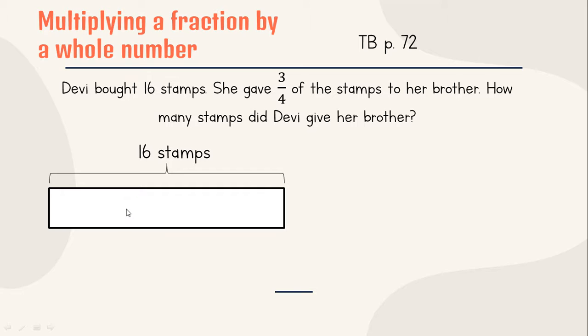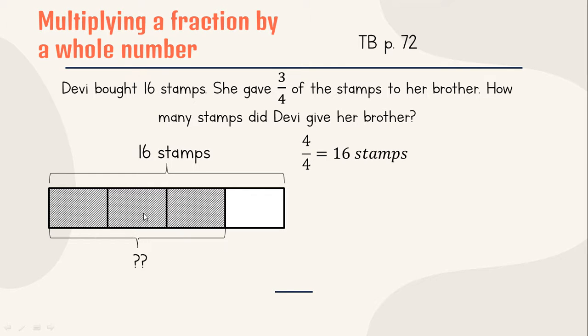It means that we're going to divide this model, this box, into 4, and then give 3 of the box to her brother. So look at here, 1, 2, 3. See? So we have 4, and then we have these 3 shaded. It means that these 3 we're going to give to her brother. But how many stamps? As we know, 4 per 4 is 16 stamps, or 1 whole is 16 stamps. So 3 per 4 of it,